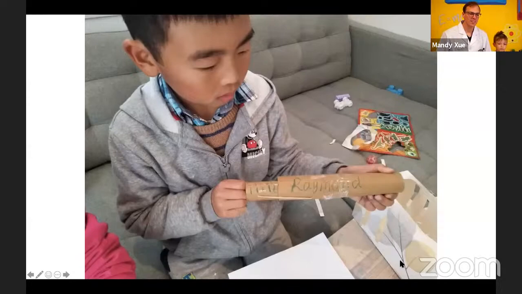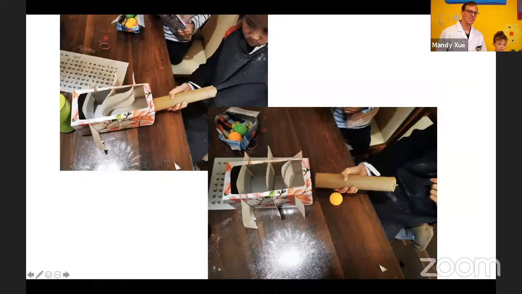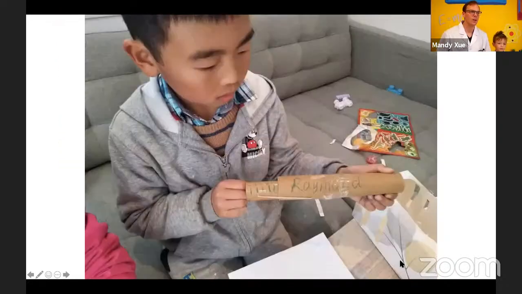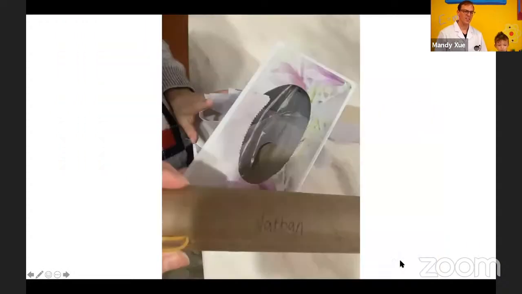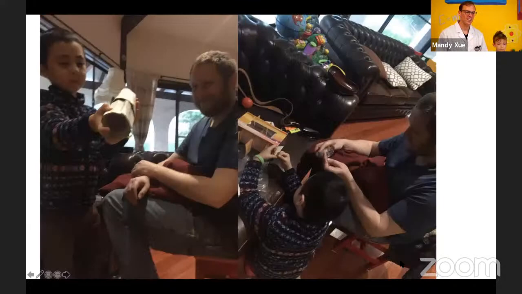Now we have Raymond. Oh, that's a great cannon. And who, we on Bianca? Very good, Bianca. And she's doing the test with the gates. Very good. Nathan? He's got his gates. Very nice. It's an excellent cannon, Nathan. And Vincent? Look at that. That looks huge. Look at his cannon. Excellent work, Vincent.